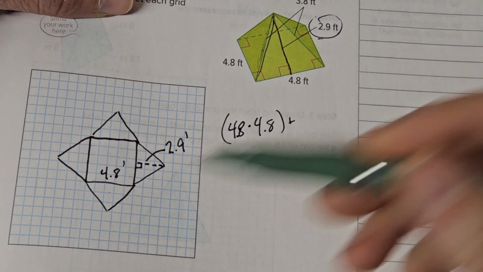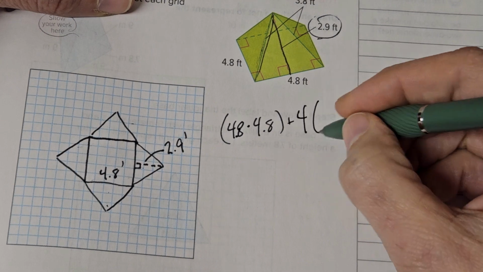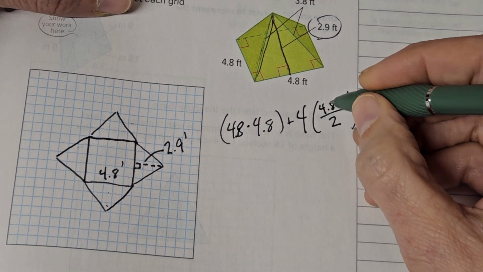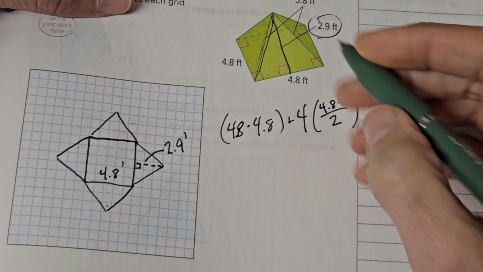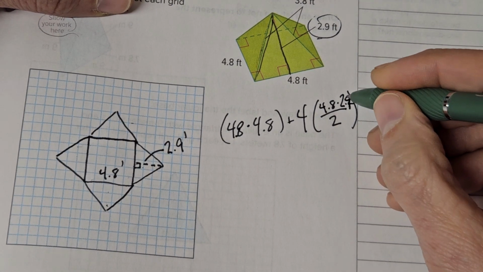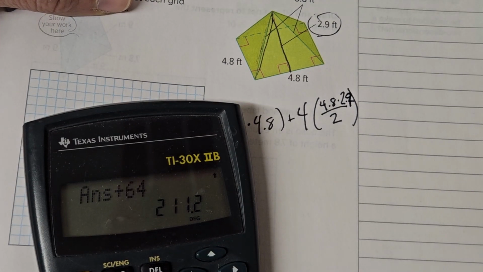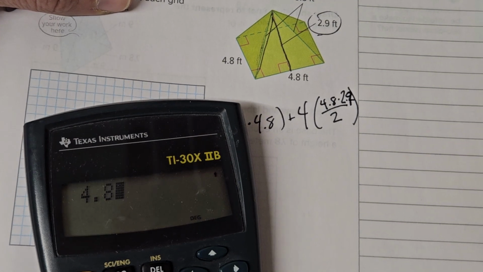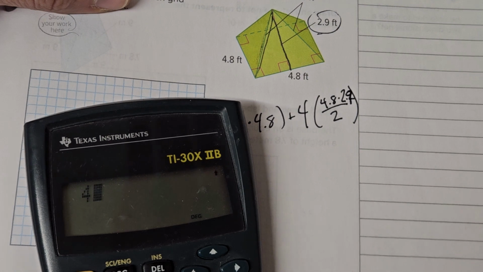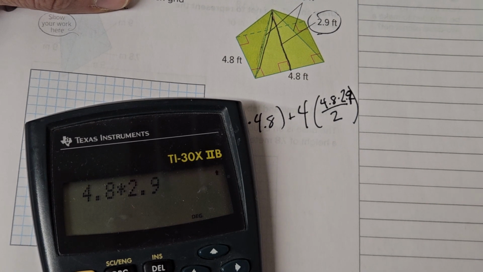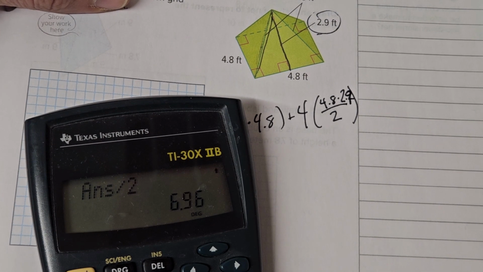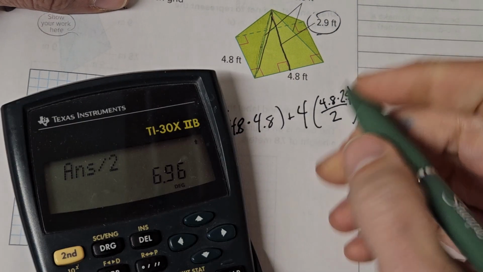And then how many triangles do we have? 4 of them. Area of a triangle is base times height, divide 2. The base was 4.8 and the height 2.9. So then, oh, did I just write 2.2? Goodness sake. And then we would just find it. We just follow our order of operations. 4.8 times 2.9. Divide that by 2. Oh, I didn't press the right button. Using a calculator's biggest skill is knowing when the answer looks peculiar, so you know not to trust it. So this part,